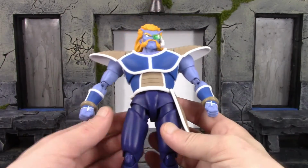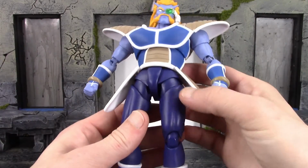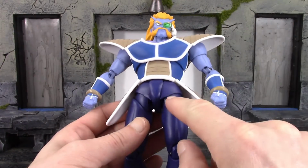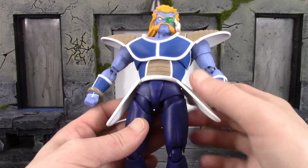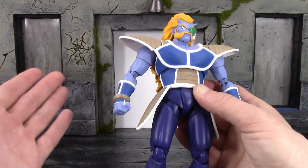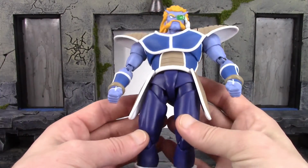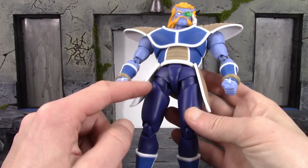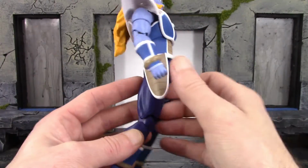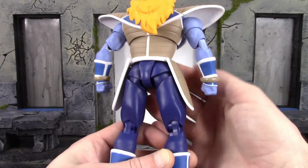Now for the legs here, there that piece goes again, you son of a beep. I guess where they connected the pieces, you see those scratch type marks, and you don't really see as many scratch marks on this figure, unlike the Ginyu. The Ginyu had scratch marks all over it. I only saw maybe 2 or 3 of them so far on this figure. The sculpt of the legs look pretty good. I don't know if they're the same as Ginyu's or not. And you see those lines once again around the buttocks